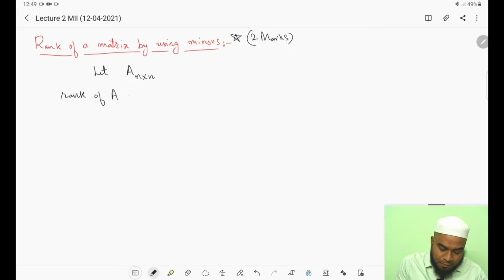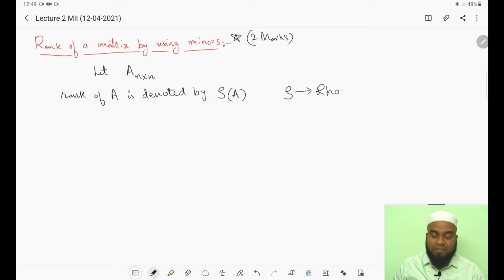Rank of A is denoted by the notation rho of A. This notation is read as rho, ρ of A. When I write rho of A, you have to understand that this notation stands for rank of A. How is it defined? We say